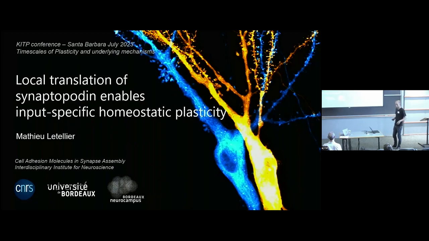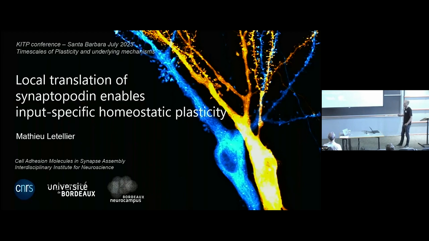So I'm a cellular neurobiologist, so I'm really focused on how cells behave and how they communicate with their environment. And today, I would like to discuss some recent work from our lab in Bordeaux, in which we show that individual connections, individual synapses, like synapses in between two neurons, so I'm talking about unitary connections, compensate for chronic inactivity by increasing their strength